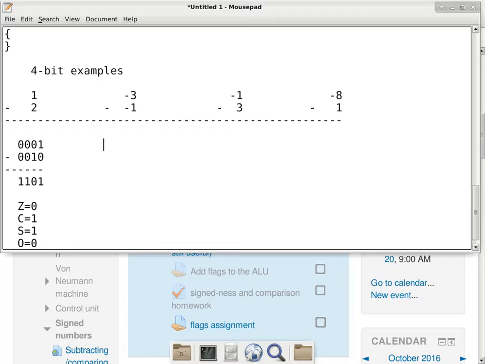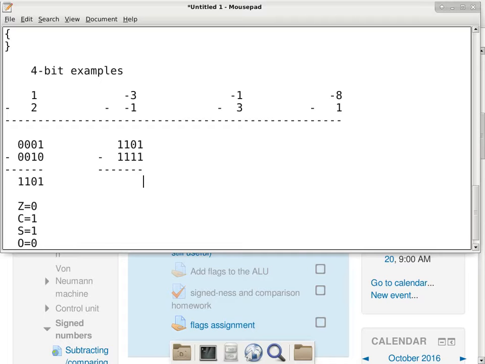-3. How do we represent -3 as a binary number? Close, but that's 1's complement. You have to remember to add 1 to the 1's complement. So it is 1101. The 1's complement is 1100, but since you add 1 to it, it becomes 1101. Now we subtract -1, which is 1111, from this, and then the result is,